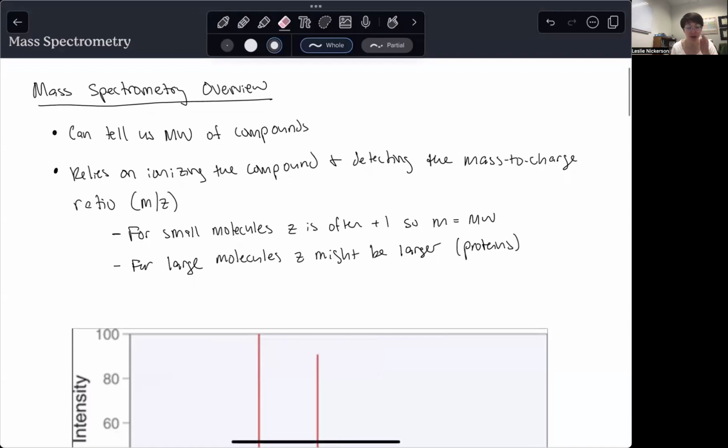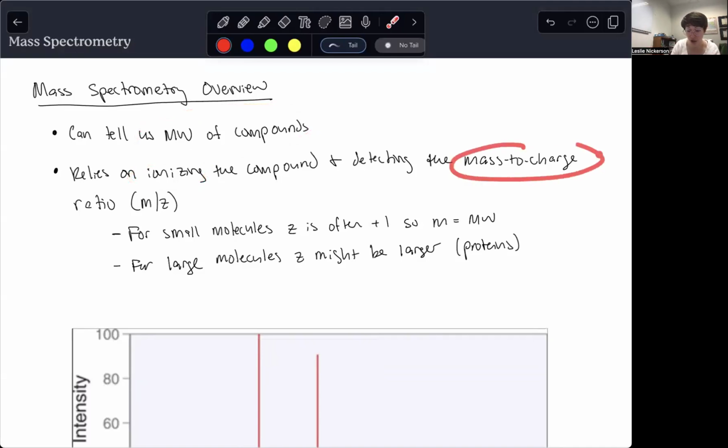What we're mainly going to get from mass spectrometry data is that it's going to help tell us the molecular weight of a compound. So it's telling us data on the mass of the compound. It relies on ionizing the compound, and then those ions go and hit a detector that tells the detector the mass to charge ratio. Typically for small molecules, the Z, which is your charge, in mass over charge, is often +1. So most of the time your mass is going to equal the molecular weight of whatever piece is actually hitting